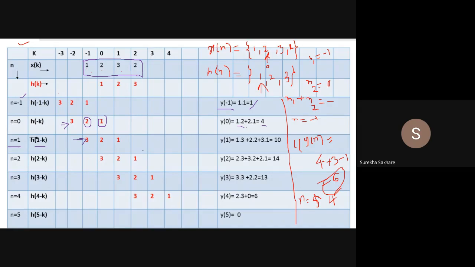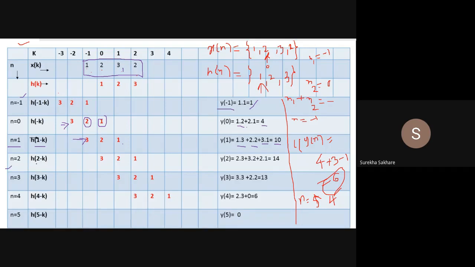Okay. So they are shifted to the right, which means I will next find the overlapping between this and my signal x of k. Now 1 into 3 is there. Is it there? Yeah. 1 into 3 is there. 2 into 2 is there. Yes, it is there. 3 into 1 is there. Yeah, it is there. So 3 plus 4 plus 3. So I think 6 plus 4 will be 10.